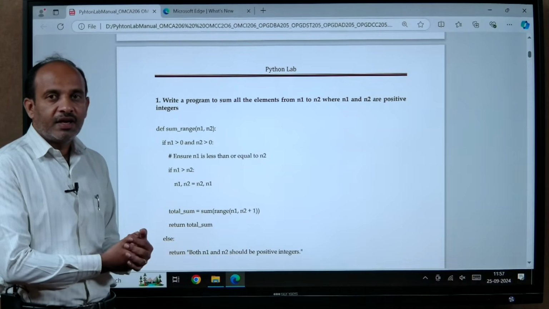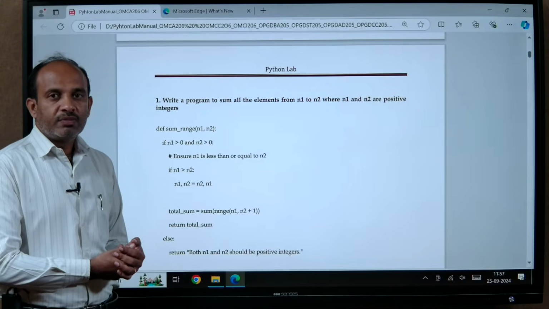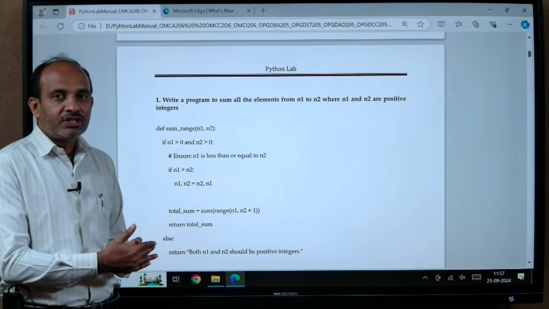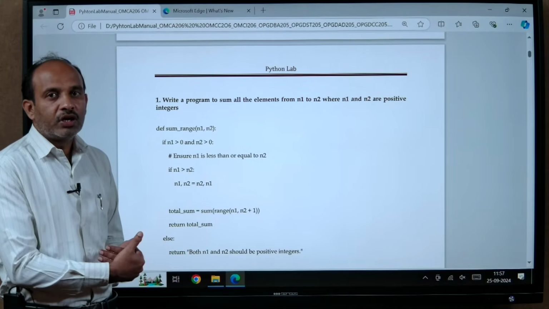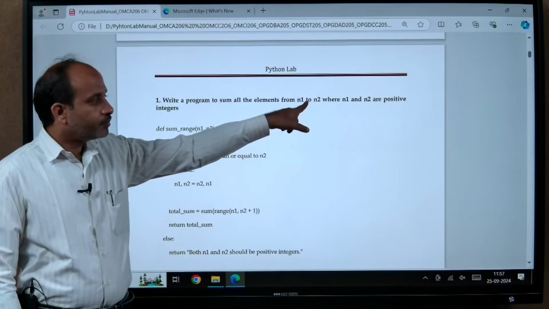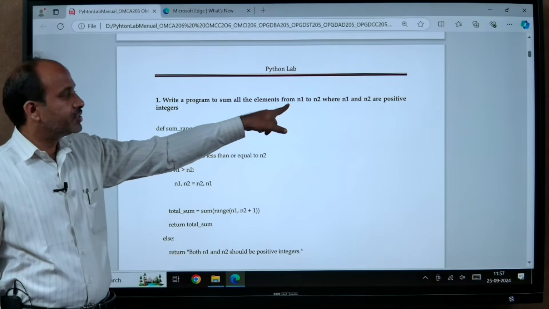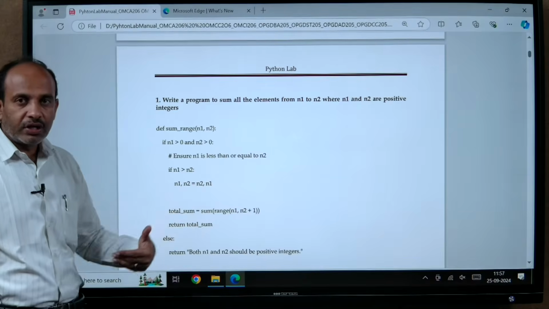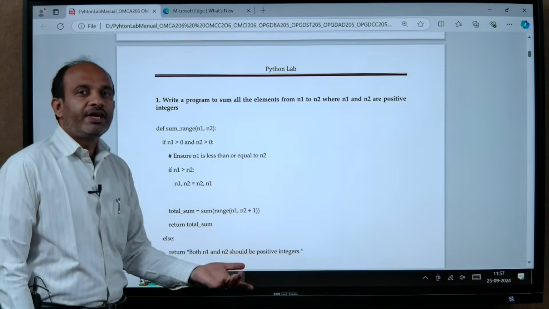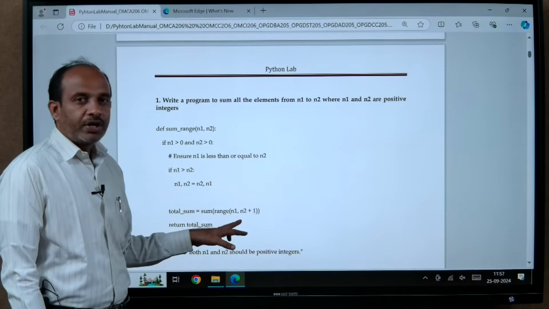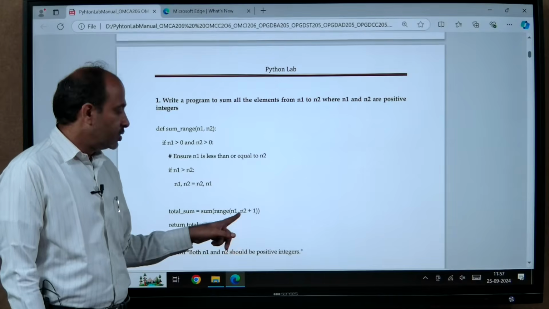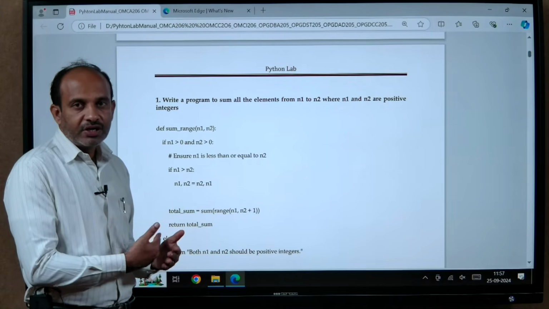That means if I say n1 is 1 and n2 is 10, it will generate 1, 2, 3 up to 9, but the last element it will not include. But since the question says n1 to n2, we need to include n2 also. That is the reason we take the next number after n2. So n2 plus 1 is 11, so till 10 it will generate 1, 2, 3,